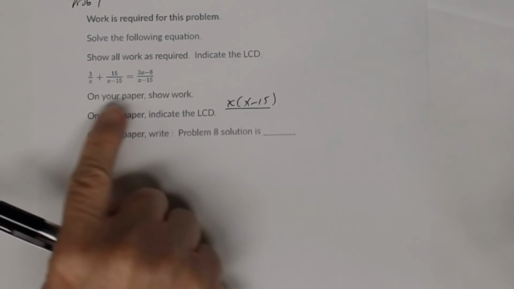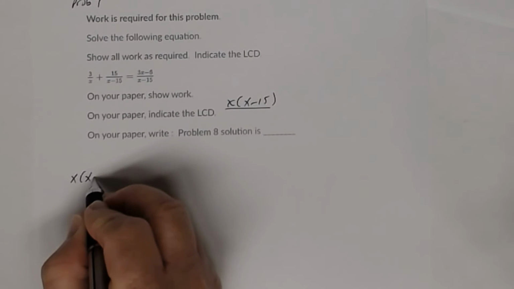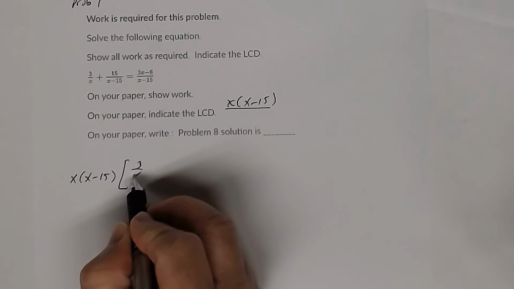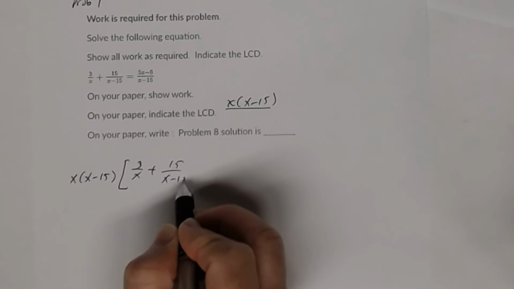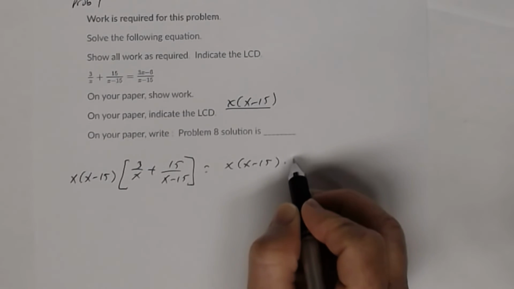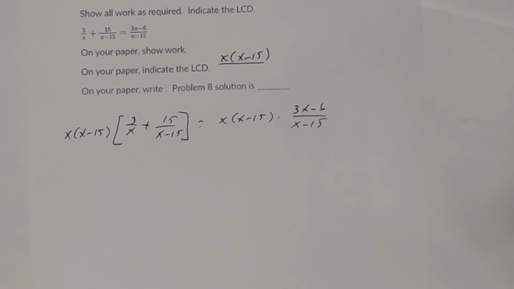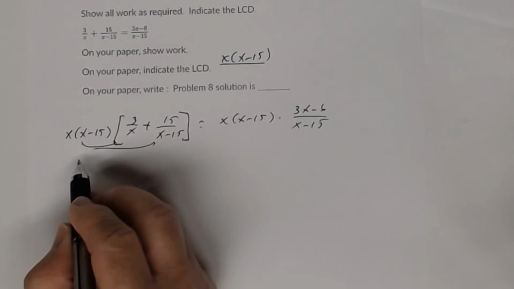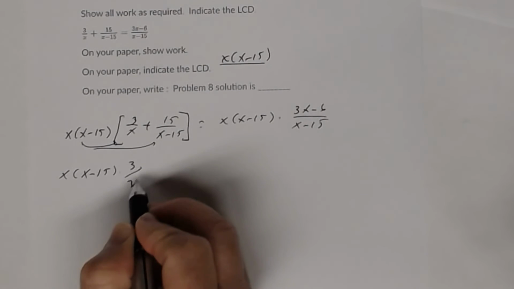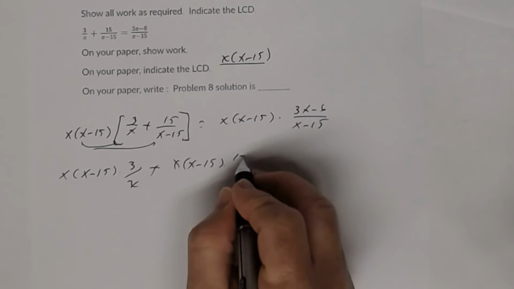Just as the previous problem, we're going to multiply both sides of that equation by that least common denominator. So I get x times x minus 15 times the left-hand side, which is 3 divided by x plus 15 divided by x minus 15, equal, and then x times x minus 15 times 3x minus 6 divided by x minus 15. Okay, and then distributing over here, we get x, the LCD, which is x times x minus 15 times that first fraction, plus, and then the LCD, which is x times x minus 15 times that second fraction,